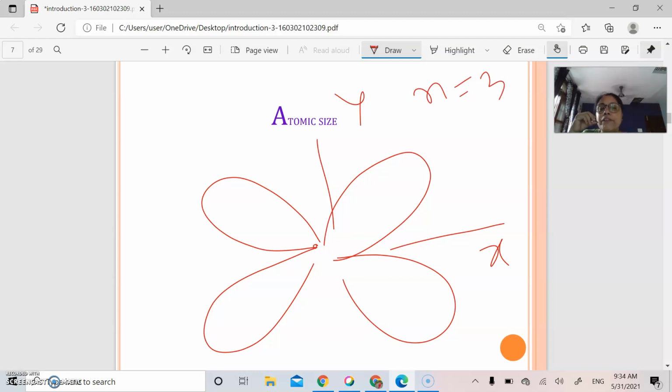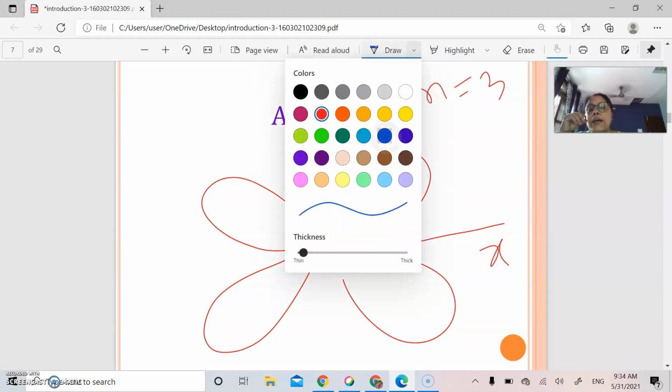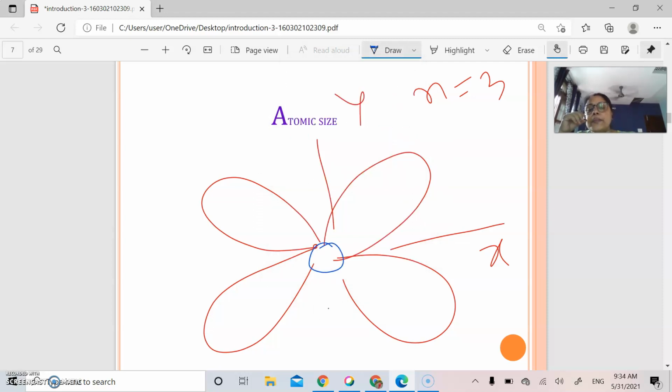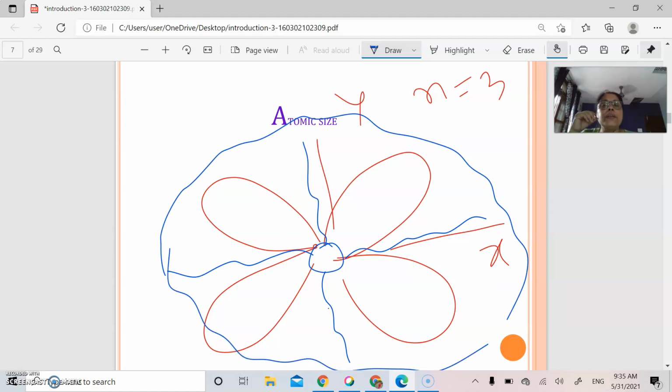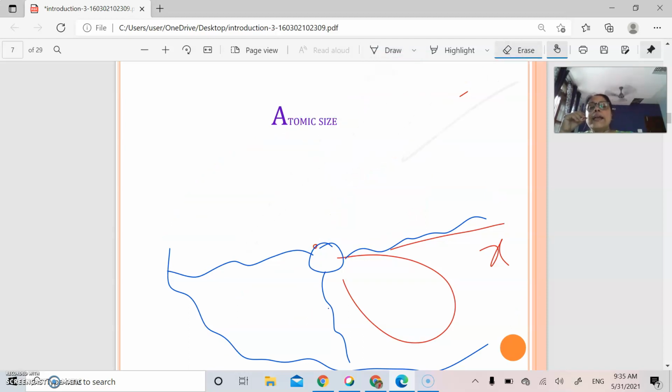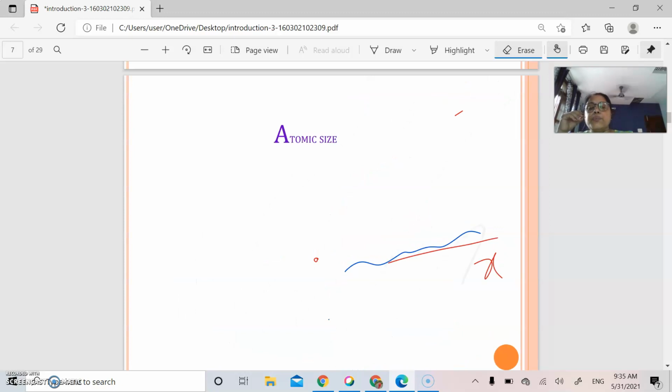That means they are far away from the nucleus, and their shape is such that if the nucleus is at the center, then the nuclear flux or the nuclear force can escape through the lobes of the d orbital. More effectively, they can spread out. That means even though in a particular configuration we have the d orbitals, their screening effect is so small that they hardly can screen the nucleus properly.